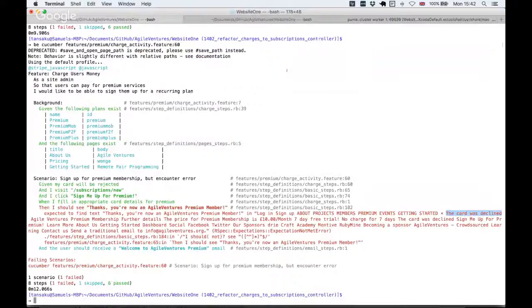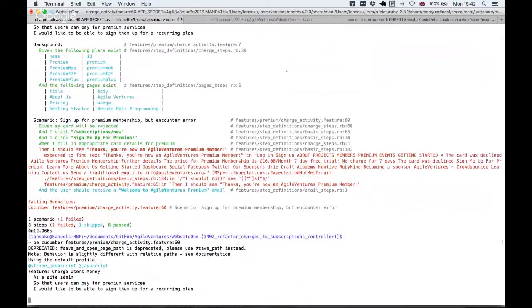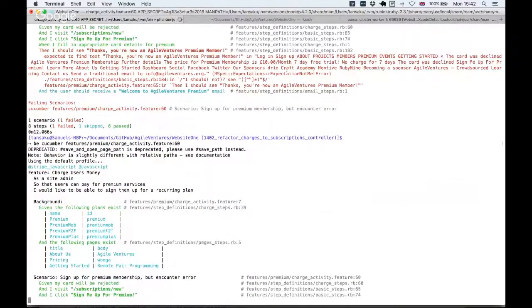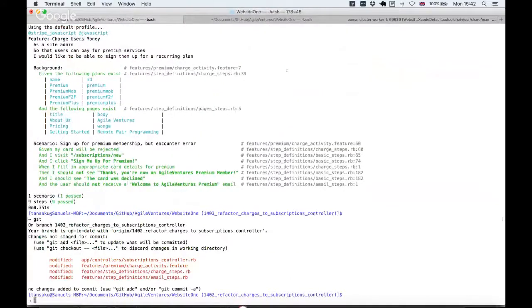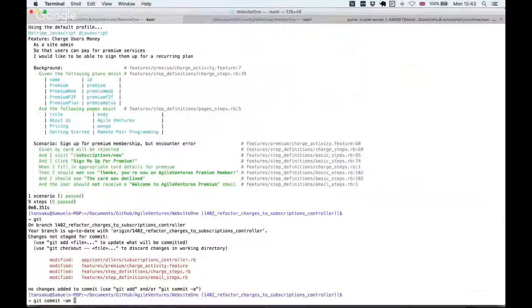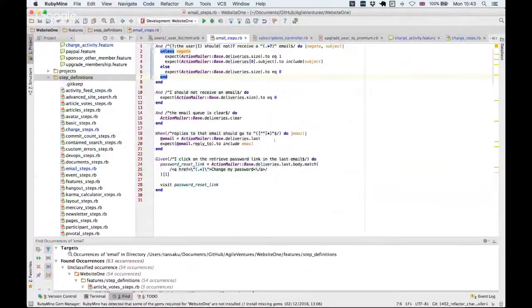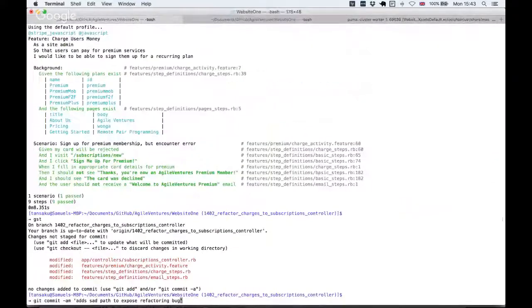I can see the build has gone in the background. Okay, so we've got the sad path in there for the card details. And the implication is the functionality was in there and was working previously. Yeah, okay. So git status, there we go. Git commit -am "sad path to expose refactoring". I guess the key thing is the charge steps, my card will be rejected. I guess it's all right for the moment. It's not great, but